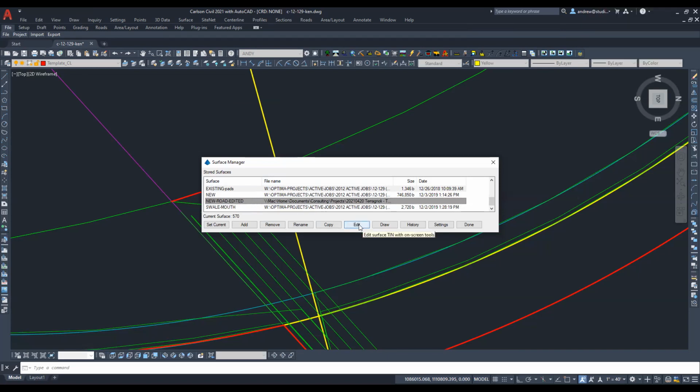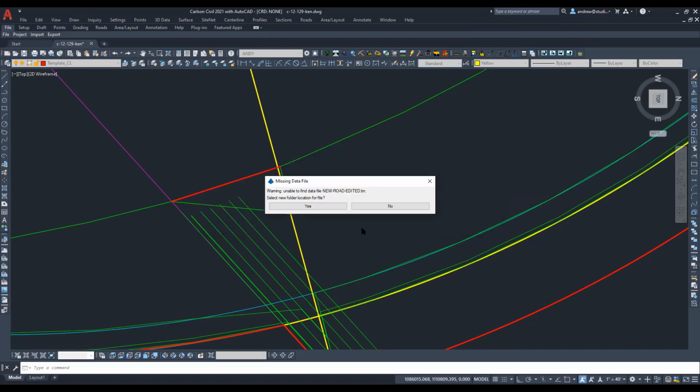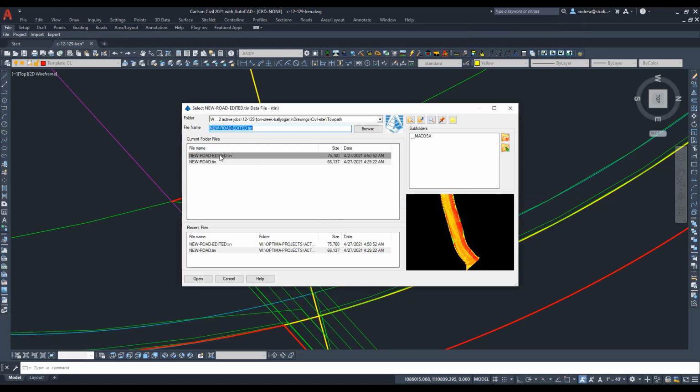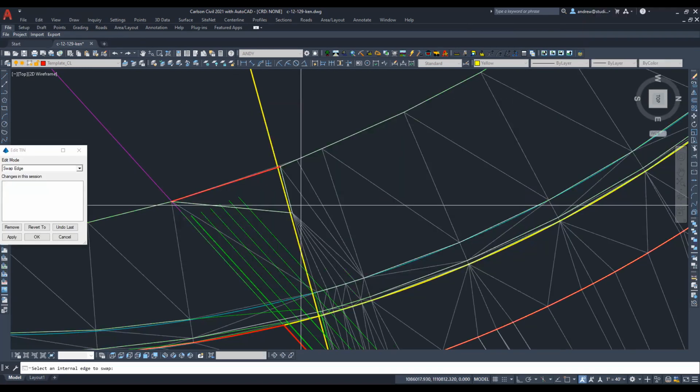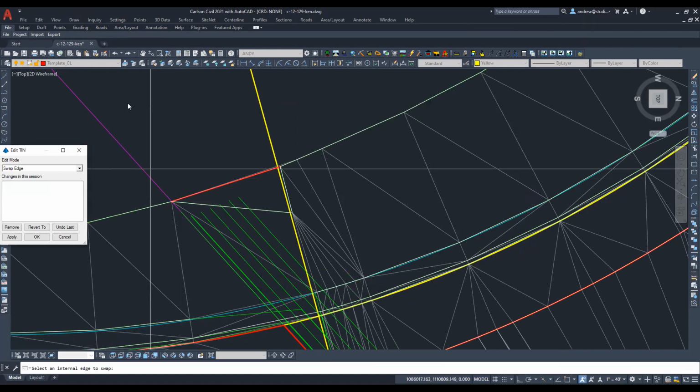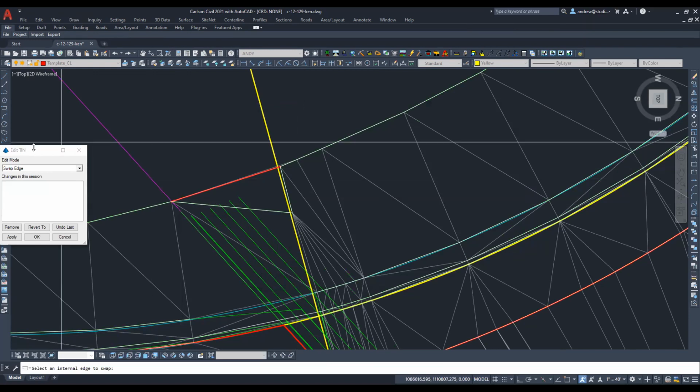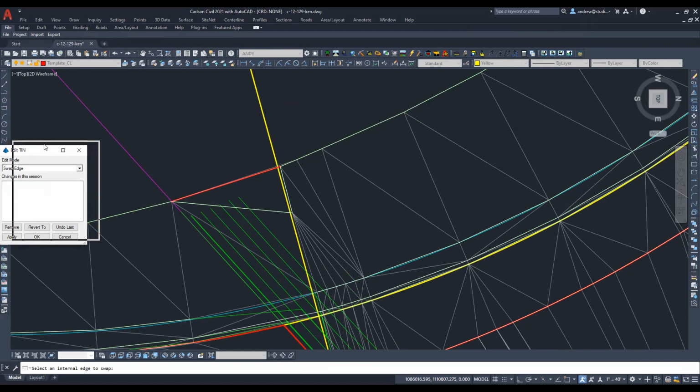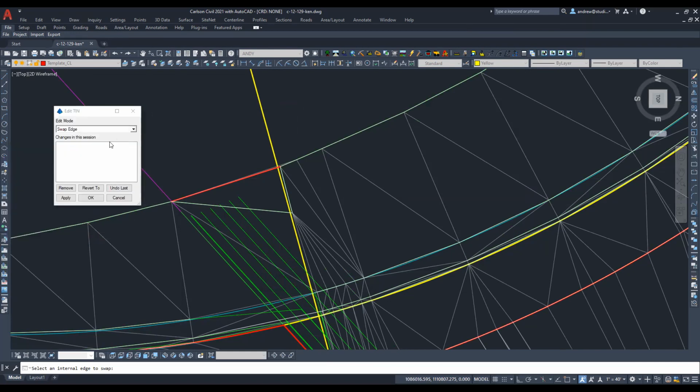Let's see if I can edit. Oh no. Okay, see, it doesn't find it, so I want to set a new location. Yeah, we could reset it. So choose it there. So I could have just edited the list, or deleted it and re-edited it, but when you do it this way, it takes care of it